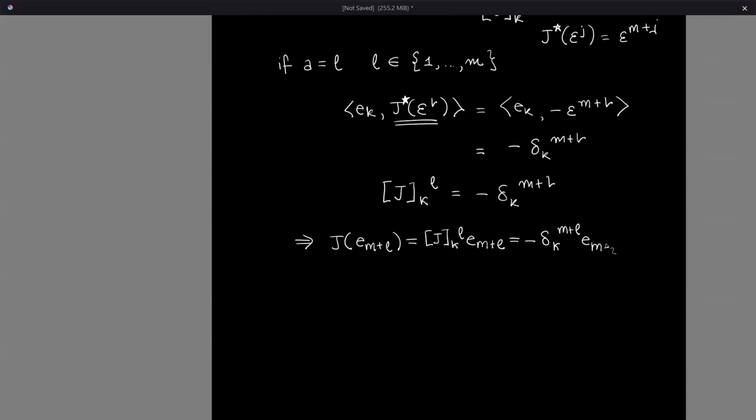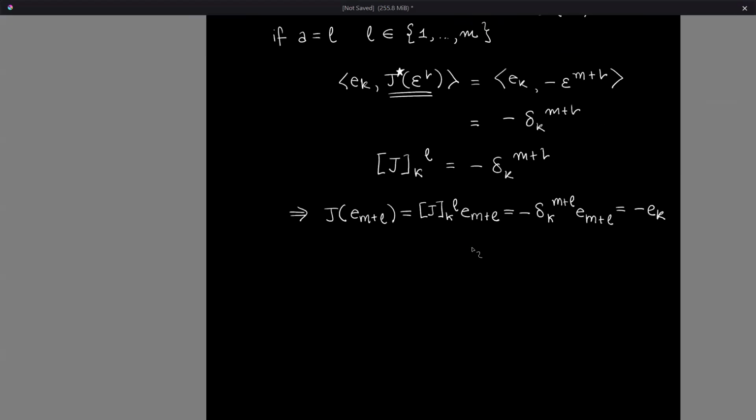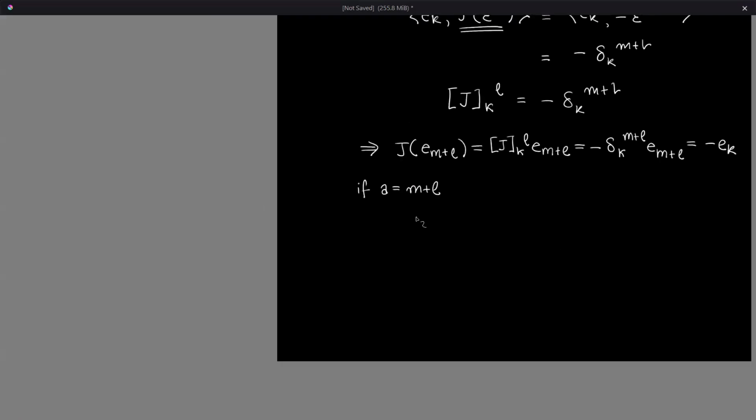Or maybe it's just convention. They always like to do it in the same order. That's why you're seeing first we prove it for the covectors, then we prove it for the vectors, and so forth. And then the second one is pretty similar, so I think I'll skip the second one. Here I'll just outline that if we say that A is equal to M plus L, then we get that